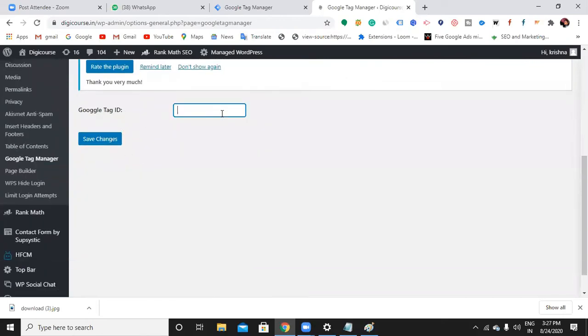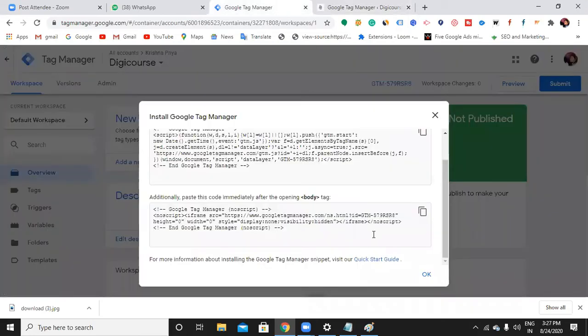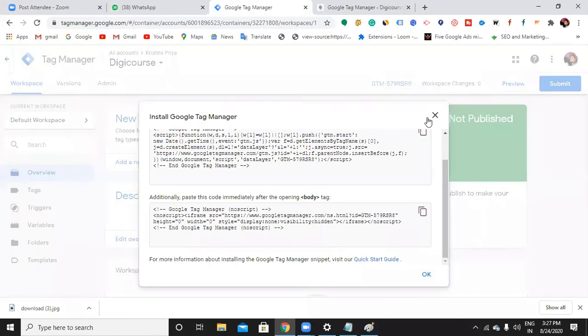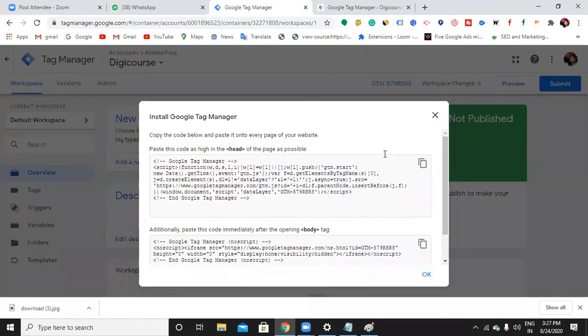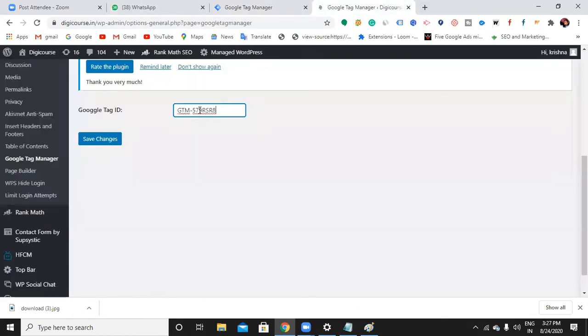Google Tag ID: here we just need to enter the ID of our Google Tag Manager. So you don't need to enter the code now. Close this. Can you see, this is your ID, GTM57. Copy it, go back, enter it, and save changes.